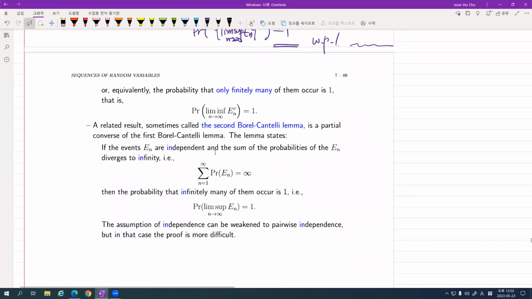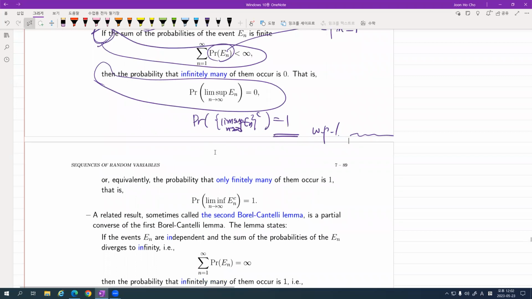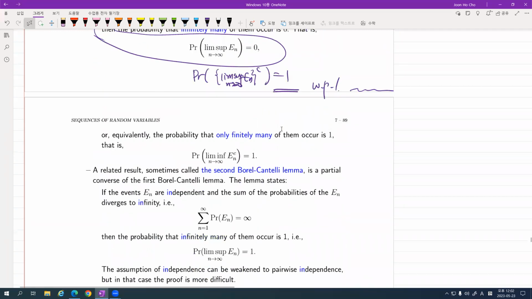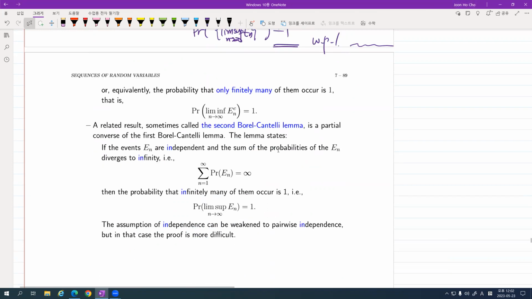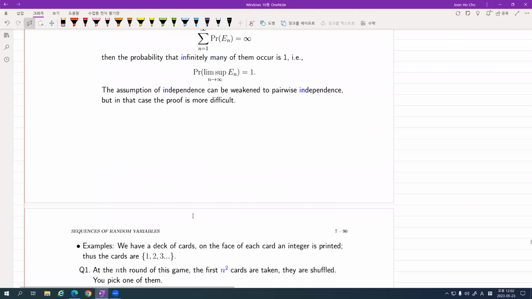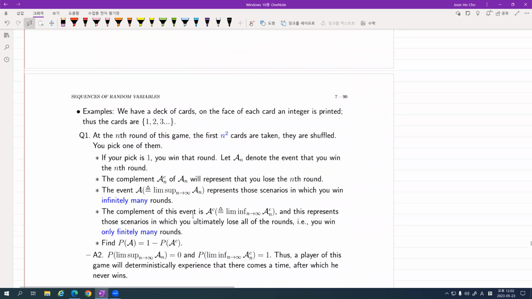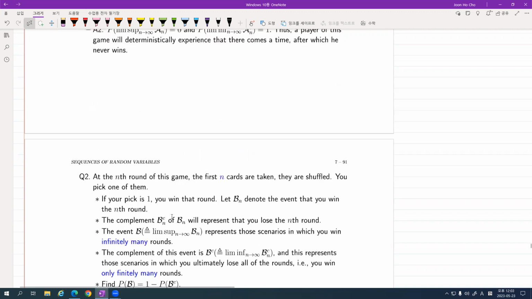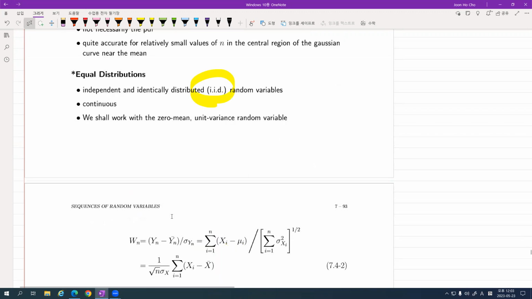Okay, let me skip all other things. If you take the complementation, suddenly it becomes the lim inf of the complement of the sequence, but that's not important at this point. Of course, there is a so-called second Borel-Cantelli lemma, which is more complicated to understand at this point, but I will leave it for your future research. Anyway, some very simple problems actually require the Borel-Cantelli lemma to prove a very simple result. If you are interested in that, please read it. Let me skip it.